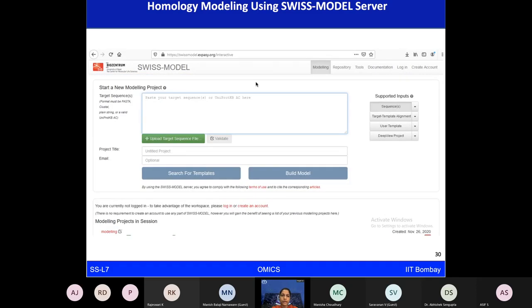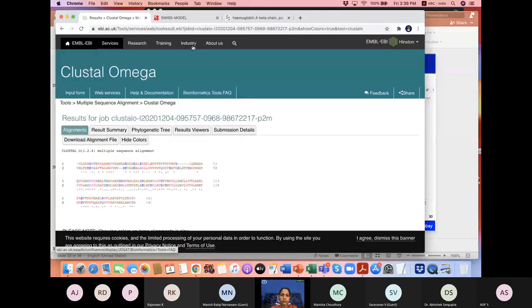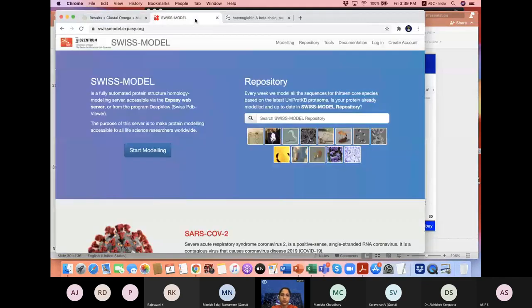This is how the entire web page looks whenever we go to Swiss Model. I can just show you online. Once you go to swissmodel.expasy, we can actually see this particular page there.